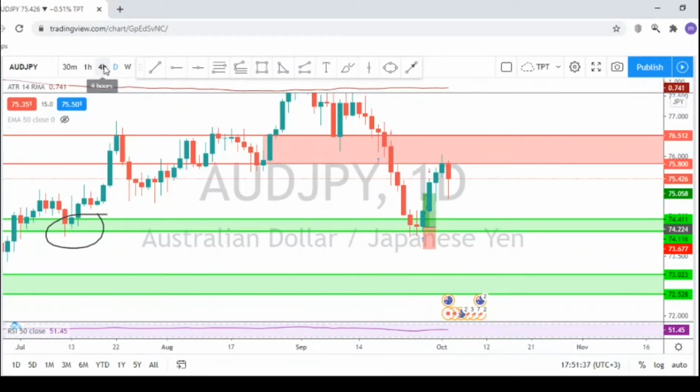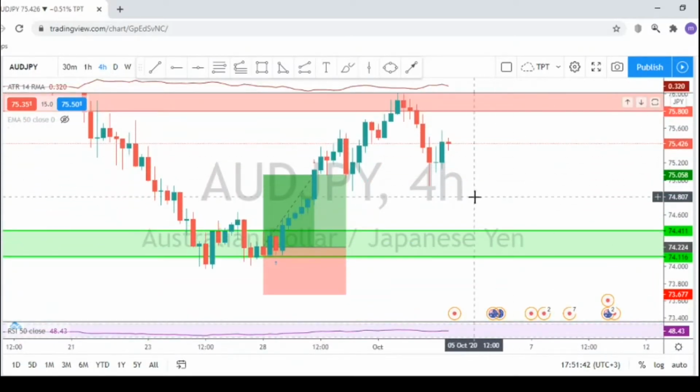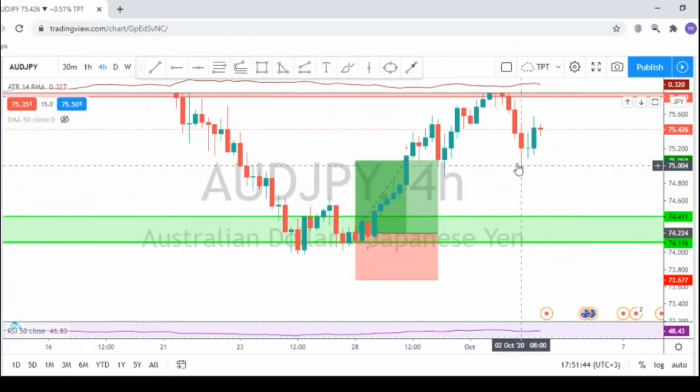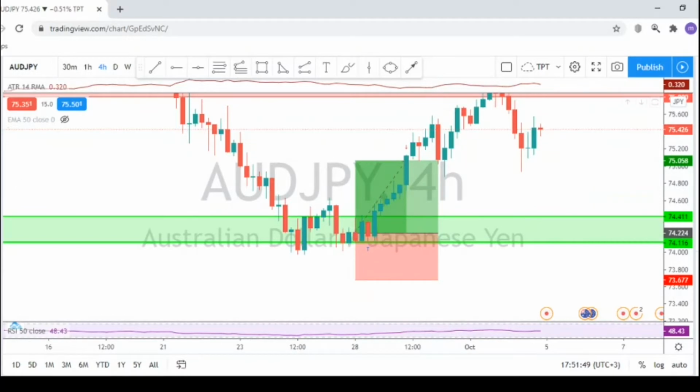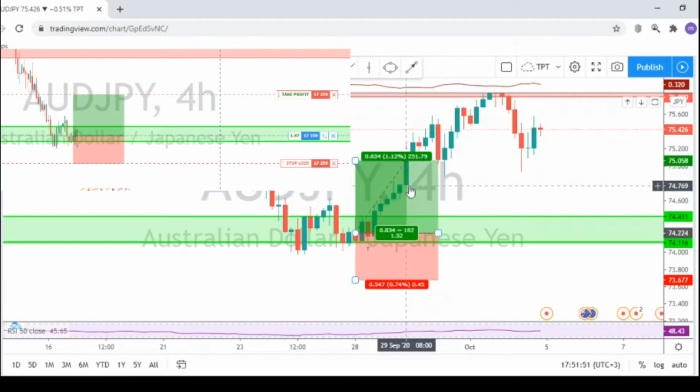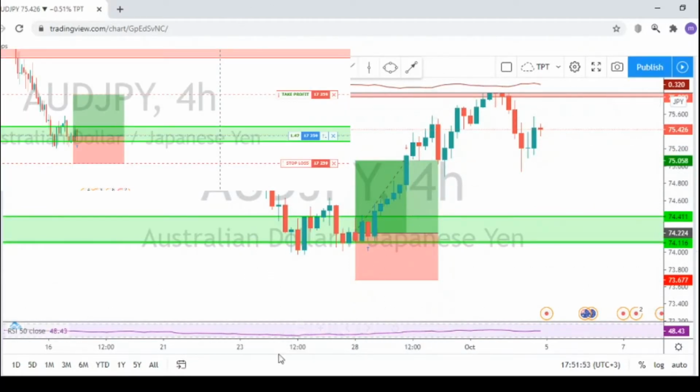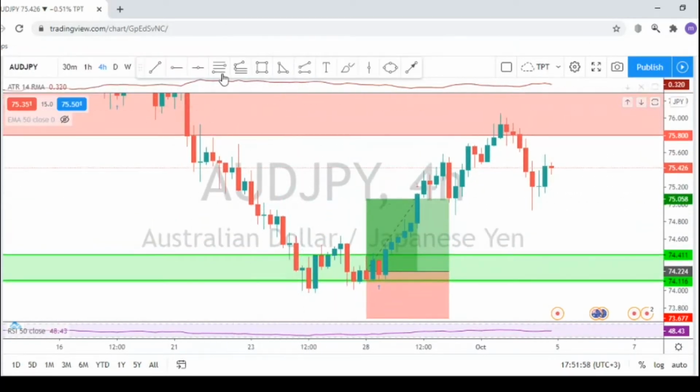And when I came to a lower time frame, and by the way, I have a screenshot of this trade when I had just taken it, I will put that screenshot at the left hand corner of your screen. So when it came to this level of structure on a lower time frame, which is a 4-hour time frame in this case,